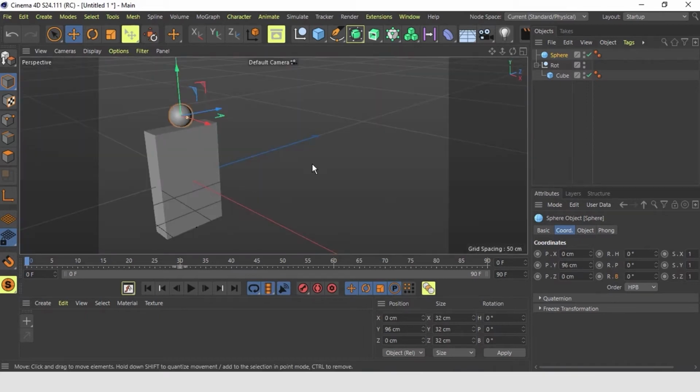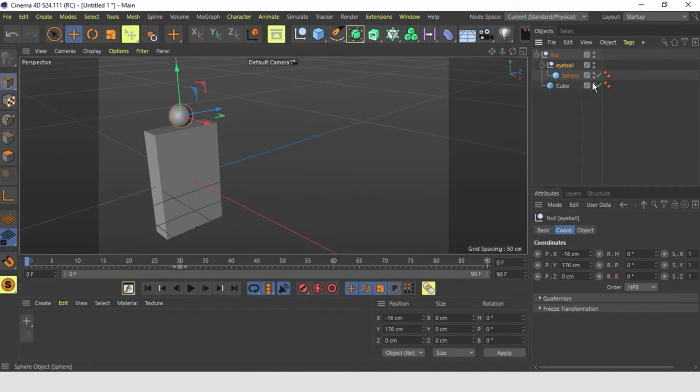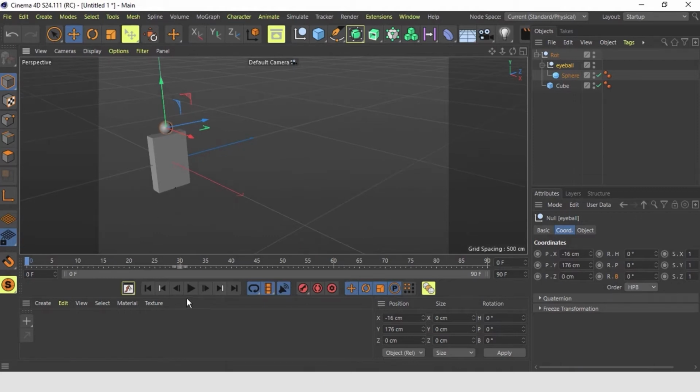And now we add this into a null, Alt plus G to do that, and we call it eyeball. And we add eyeball into rotation. And now we have the eyeball falling down with the cube.